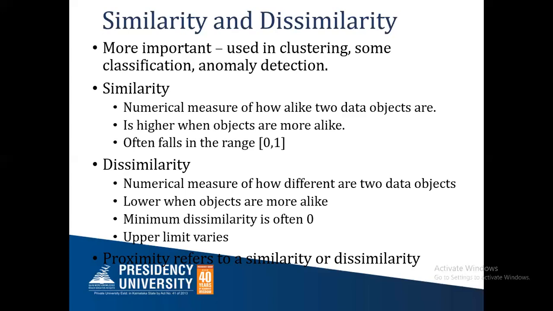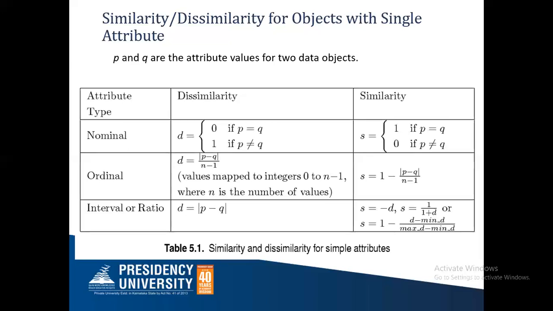Let us now see the different formulae we are going to use to calculate the similarity and dissimilarity. When we say two objects are dissimilar, we can say they are more distant. When we assume a graph where we plot the points, if the points are far away, then we say they are dissimilar. So the distance is measured. If the distance is more, we can say that the objects are dissimilar. To calculate this, we have certain formulae here.